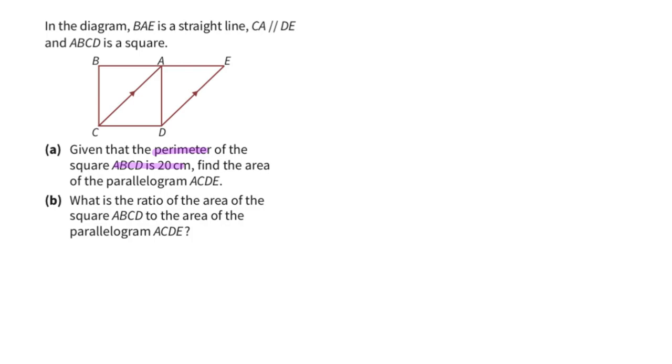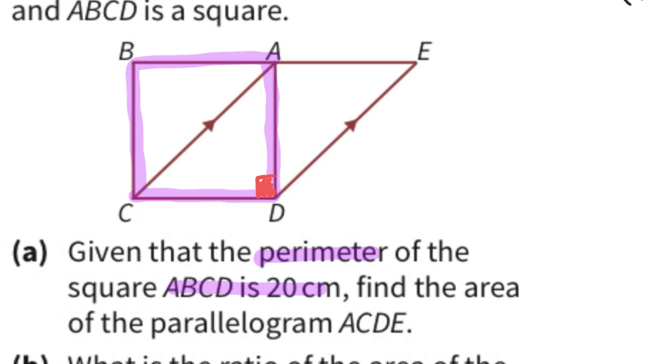So this means that we could find, for part A, the length of ABCD pretty easily. 20 divided by 4. Why is this so important? Because then if we refer back to this particular diagram, we would see that this is 5 cm, this is also 5 cm, and